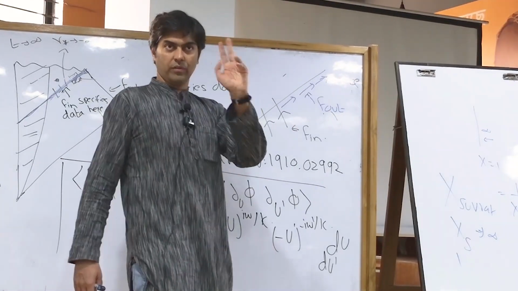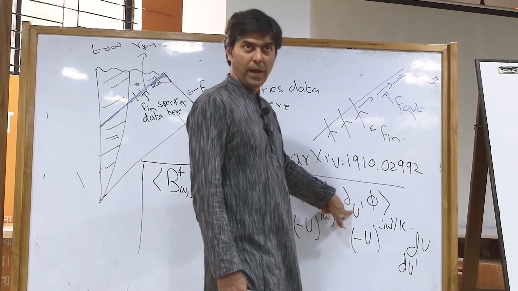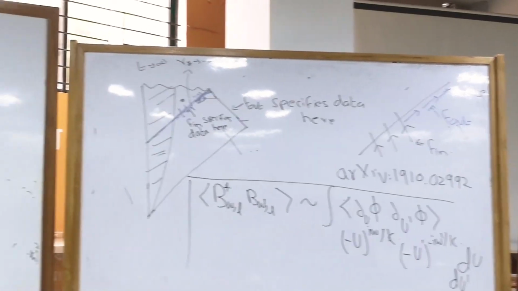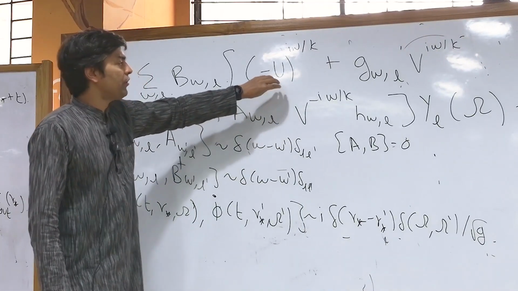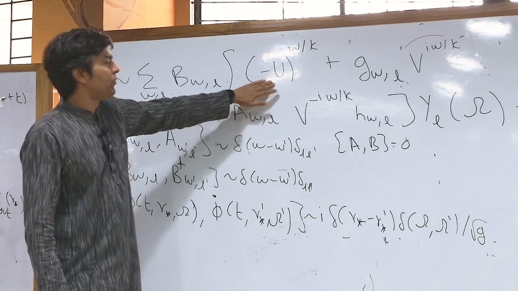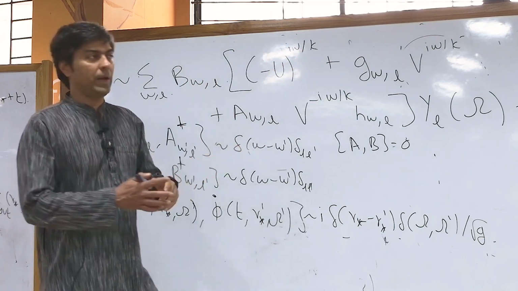I take a 2-point function of the field, differentiated with respect to u and differentiated with respect to u prime. Then I integrate this with (-u)^(iω/k). That pulls out a particular Fourier mode in this expansion. You see, this Fourier expansion looks like (-u)^(iω/k), and it might not look like a Fourier expansion to you,